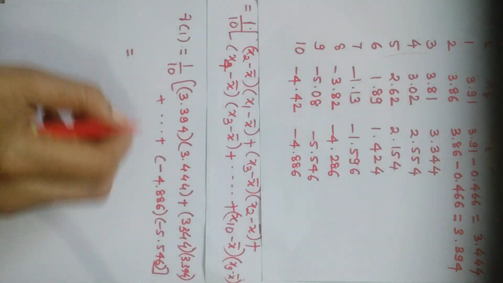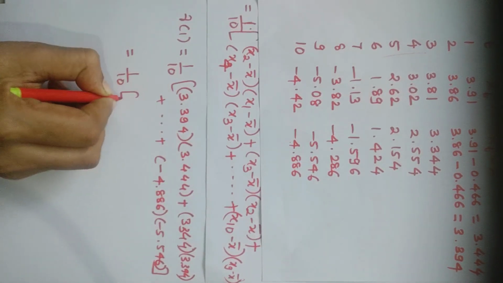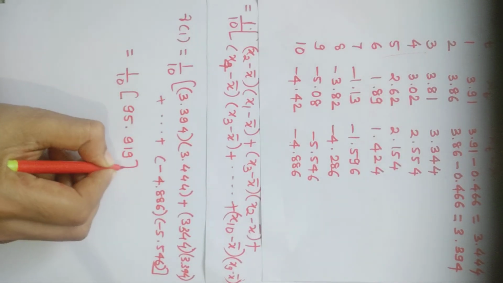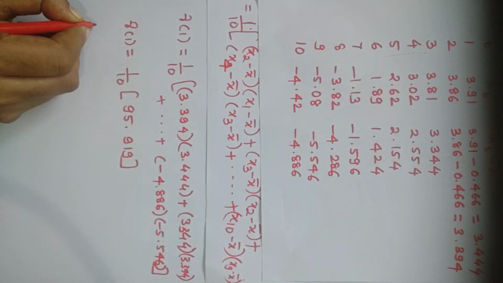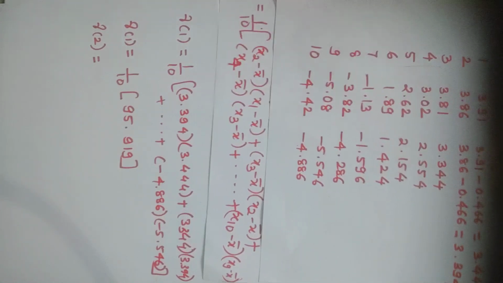So gamma 1 after simplification of this becomes 1 by 10 into 995.919. So this is the value of gamma 1. Then now we will see the value of gamma 2. So using this formula,